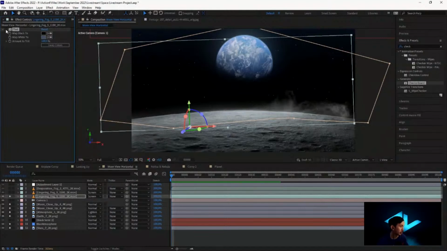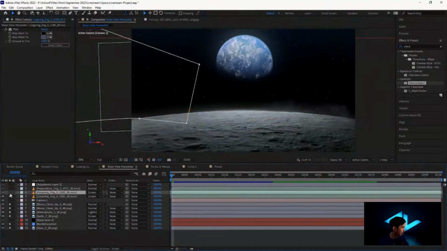What you want to do is add tint, and then for the white color, pick the color of the ground. That's kind of what I did here. I just picked the color of the moon, so now it blends better with the moon. Now it looks like the fog is dust kicking off the surface of the moon. And then we add another fog here on the side,